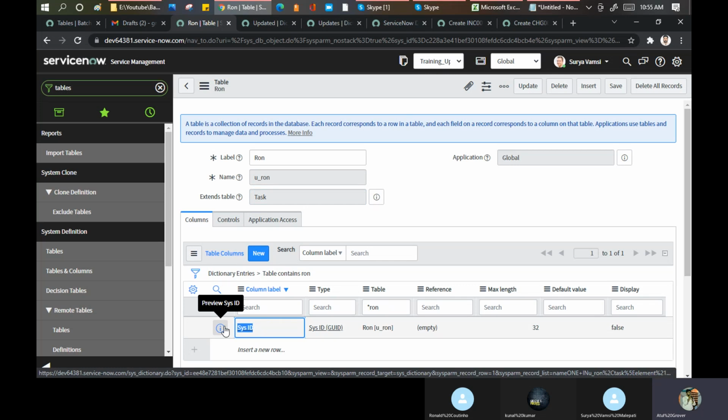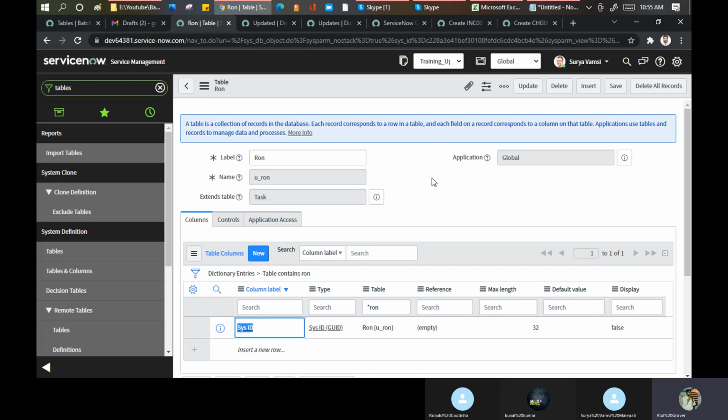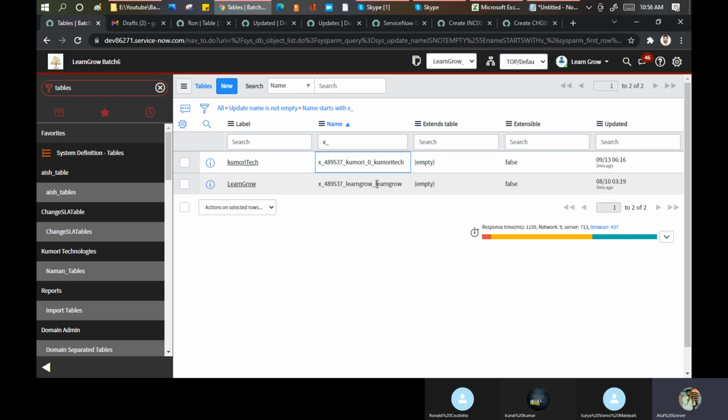Okay, so let's stop it here now, because it's too much to go forward. Now what you have to do, your homework for the weekend, is to create one or two tables. Either you can create on my instance, or you can create on your own instance. Don't create on mine, because there are a lot of fields there and you will get confused.